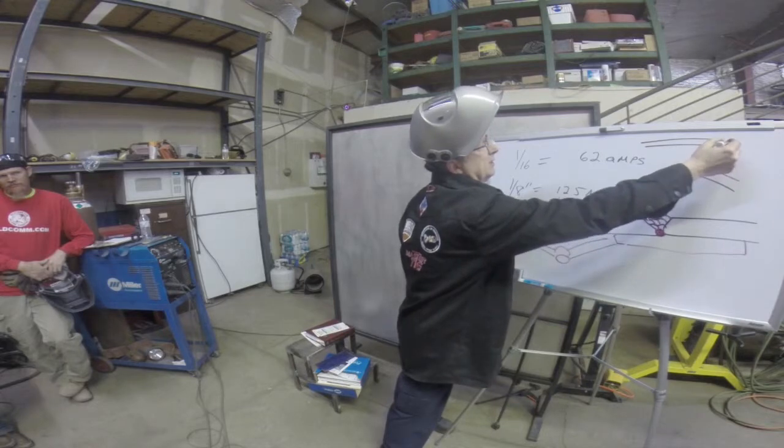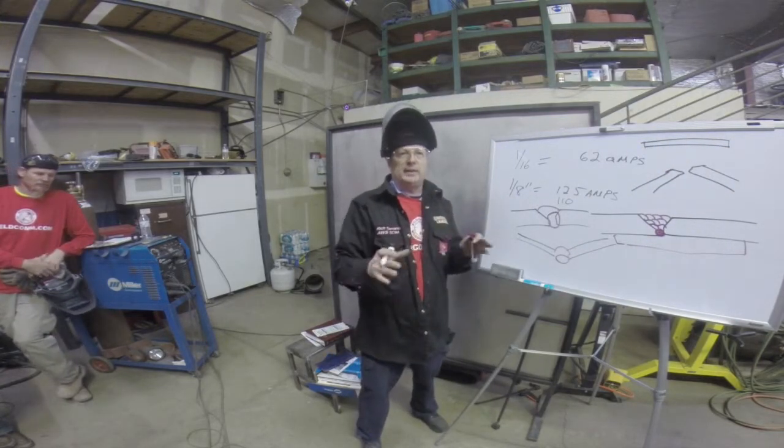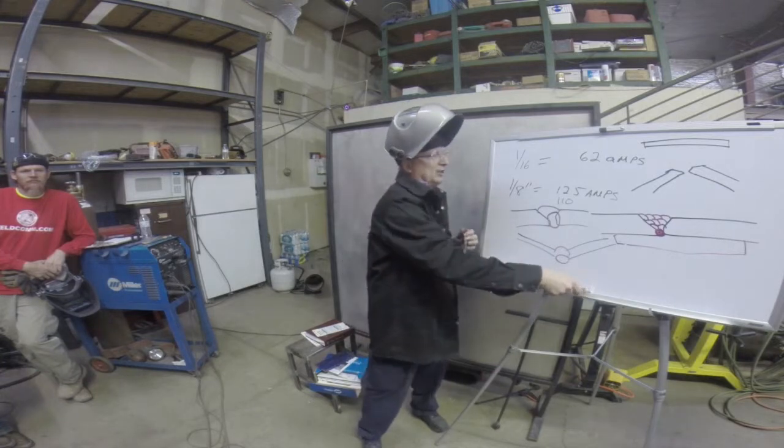On stainless. Stainless is one of your worst ones for distortion. It likes to bend. It doesn't spread heat out very evenly like aluminum or copper does. So it holds heat in one spot. That's why it distorts so much. So if we're going to weld real thin aluminum, say,